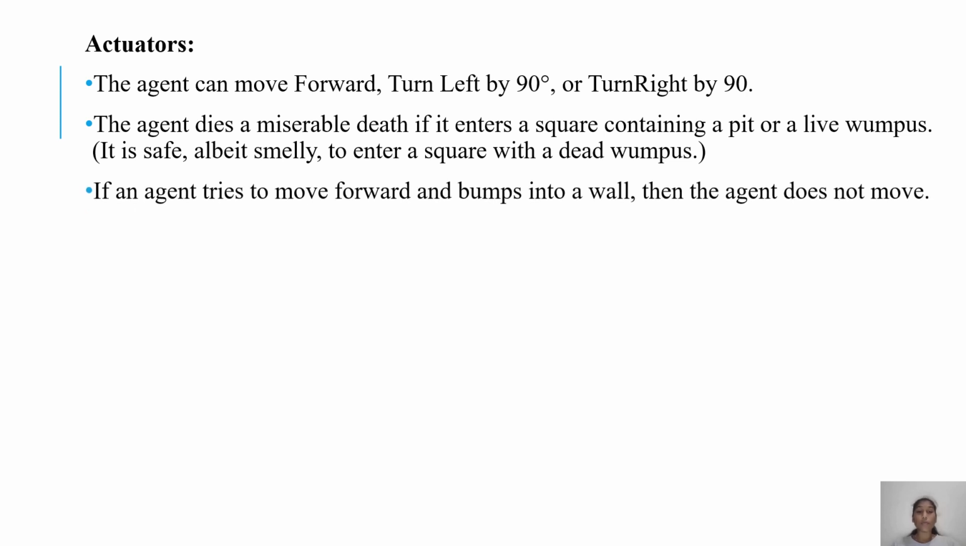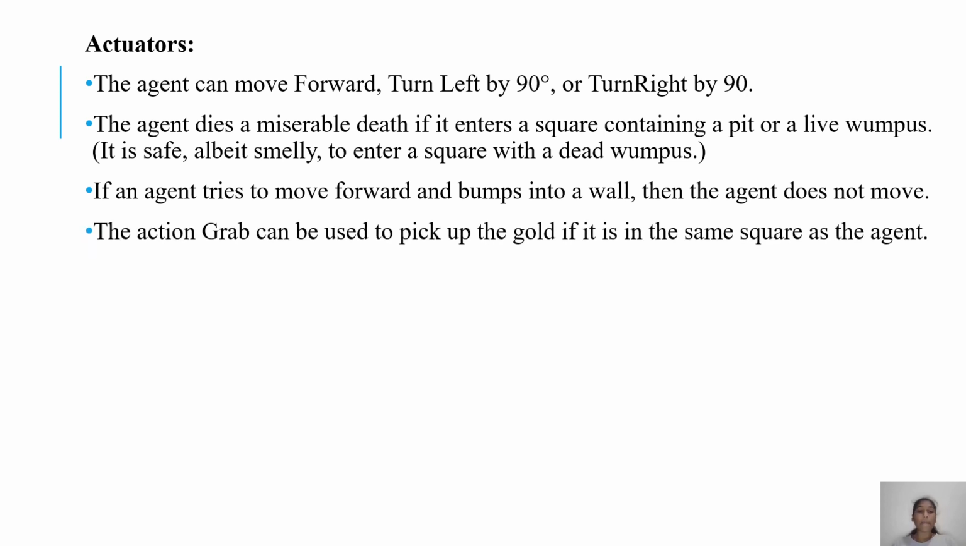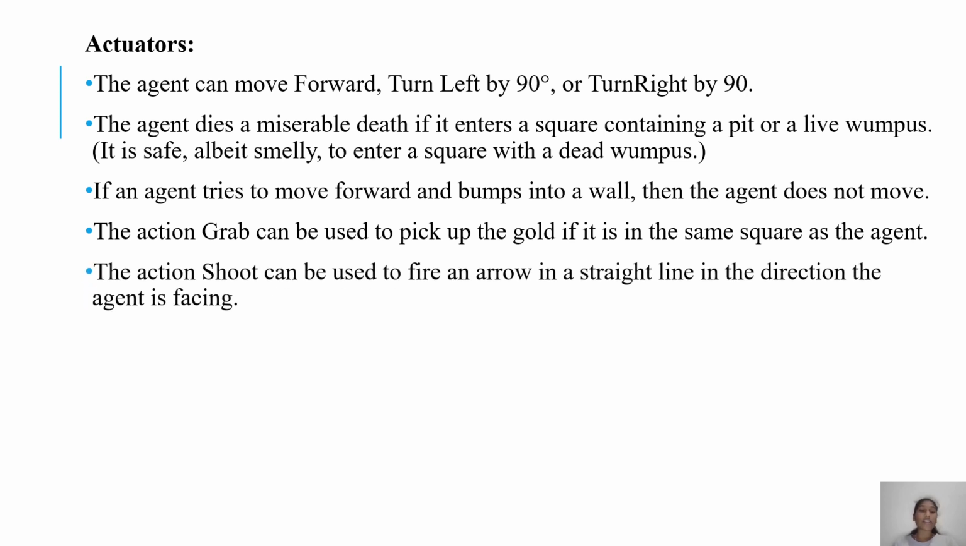If an agent tries to move forward and bumps into a wall, then the agent does not move. The action grab can be used to pick up the gold if it is in the same square as the agent. The action shoot can be used to fire an arrow in a straight line in the direction the agent is